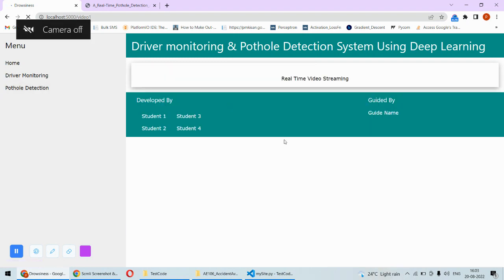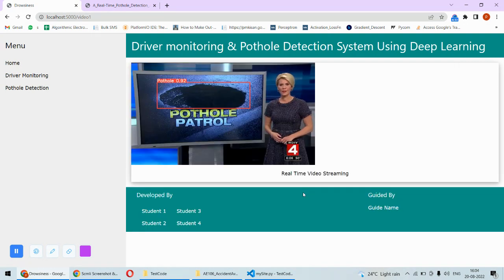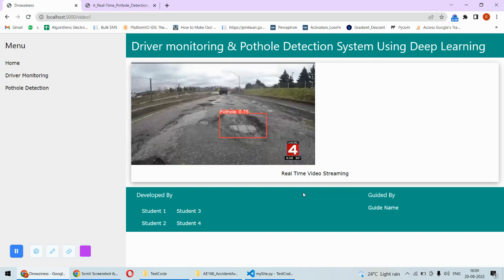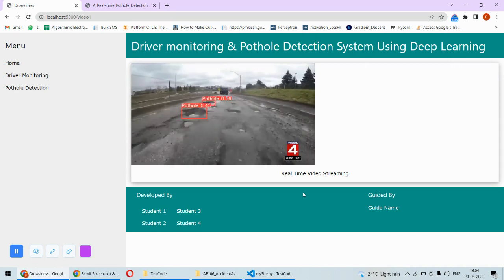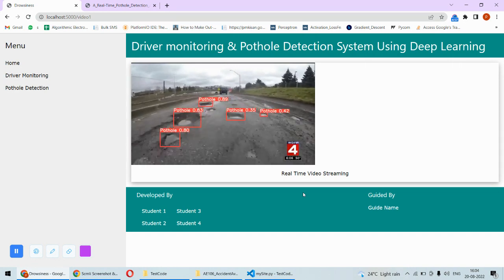Now second system is the pothole detection system. Here I am using the video from the YouTube. This is the YouTube video I am directly streaming from the YouTube over here. Otherwise, you can download videos and you can provide to the system as well. Now this is some news channel, and they are talking about the potholes in their country. And now as you can see here, it can be detected that there is a pothole. And again, this is how they are moving their camera on the road, and our system is identifying that there are potholes.